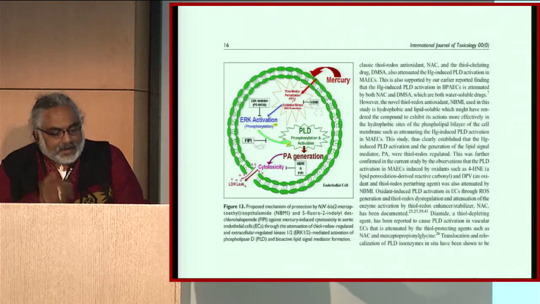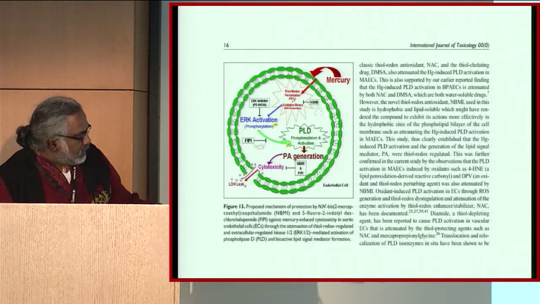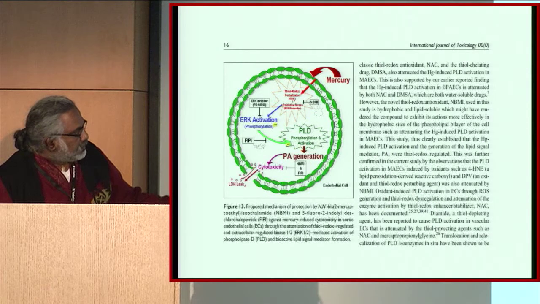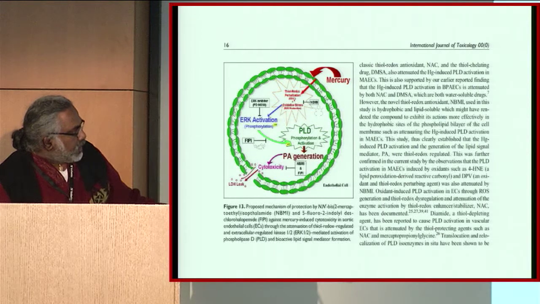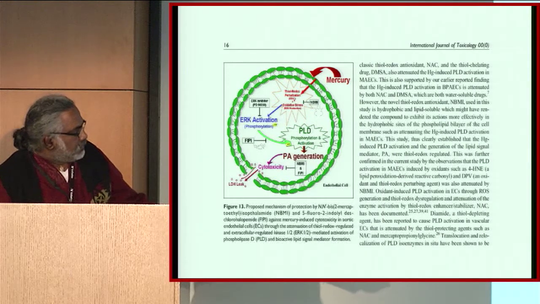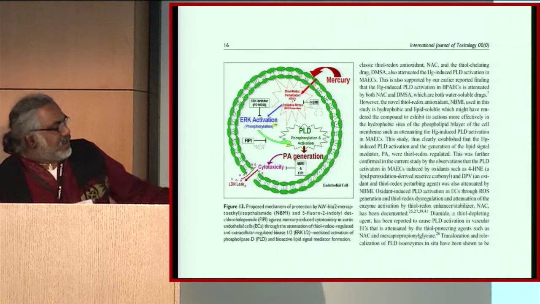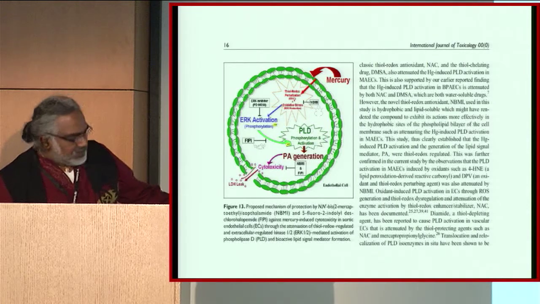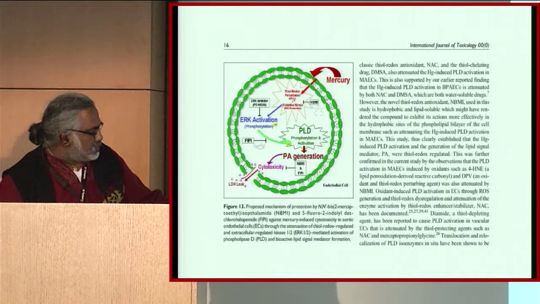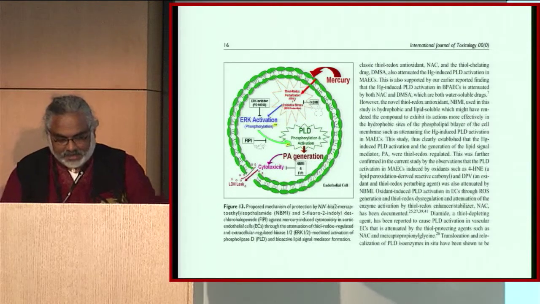So finally, we also used other agonists to confirm whether this actually goes through. Again, if you alter the thiol redox, then you activate the enzyme that causes PA generation, which causes the cytotoxicity. Last year, Dr. Andrew Morris developed a specific inhibitor, and we used the inhibitor, and we can attenuate the phospholipase D activation by these